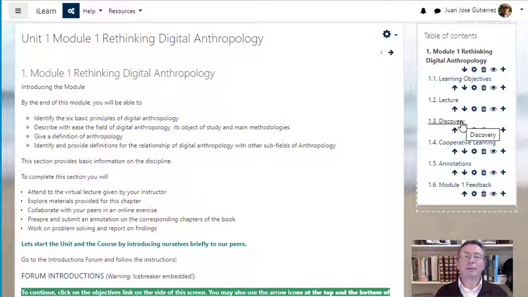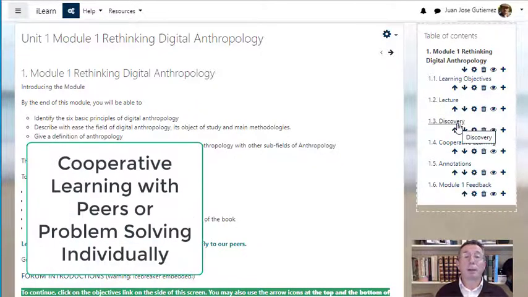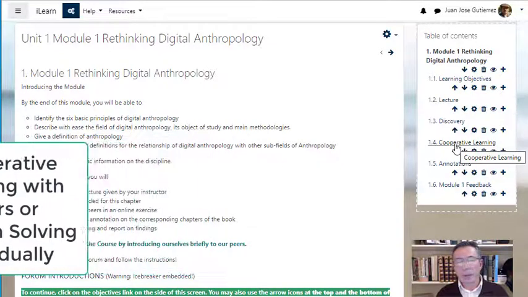Then you will have two types of exercises during the semester, either cooperative learning, which is an activity that will require you to interact with your peers, or a problem-solving exercise, which will be sort of a critical approach to questions or issues that I will be presenting you with during the semester.